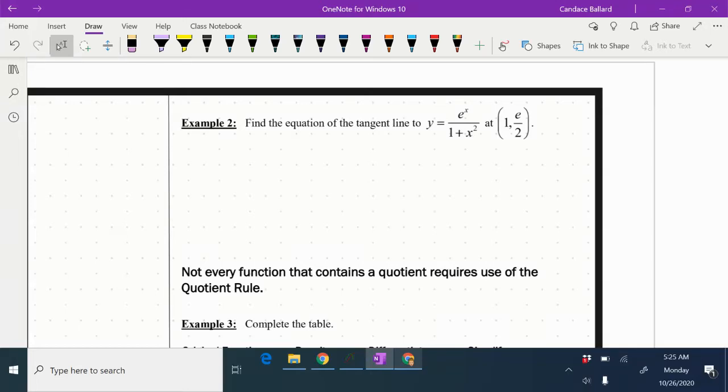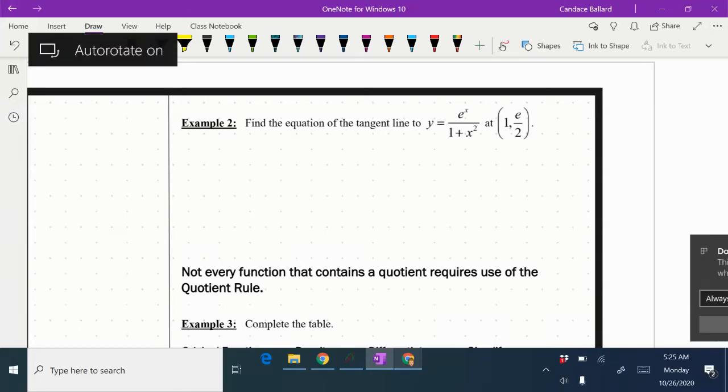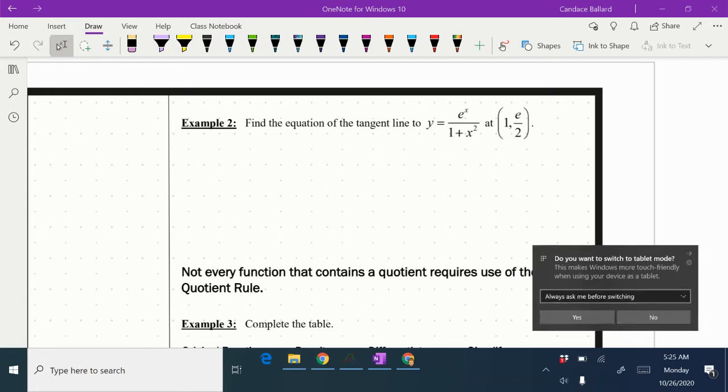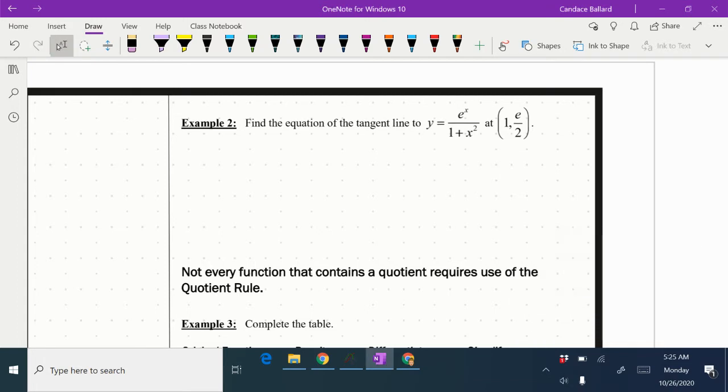In this video, we're going to continue topic 2.9. We're going to work through example 2. So we're going to find the equation of the tangent line to y equals e to the x over 1 plus x squared, and then they give us a point, 1, e over 2. We're going to start by identifying our red function, which is our numerator, and our green function, which is